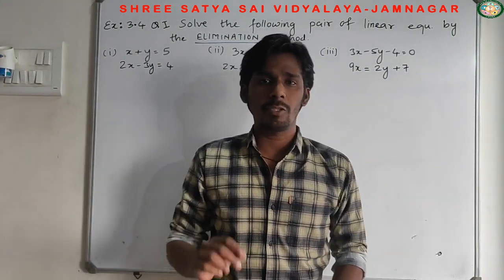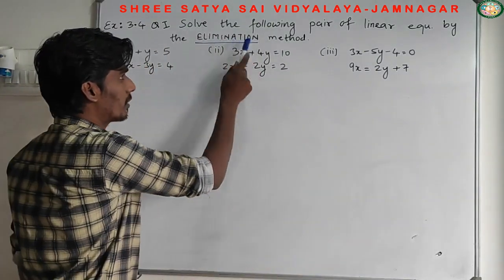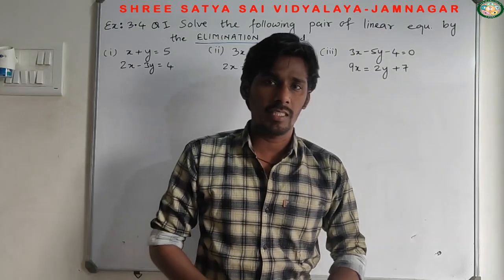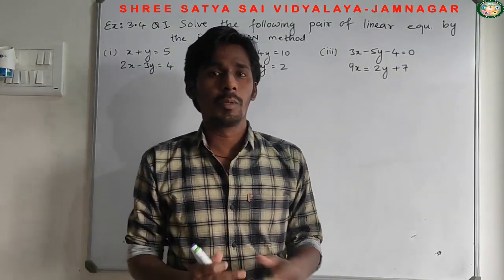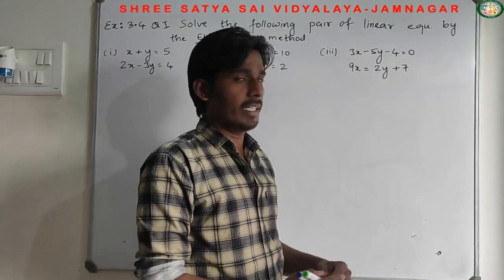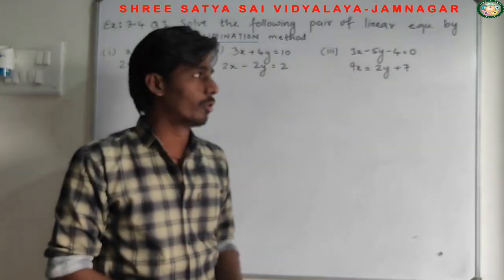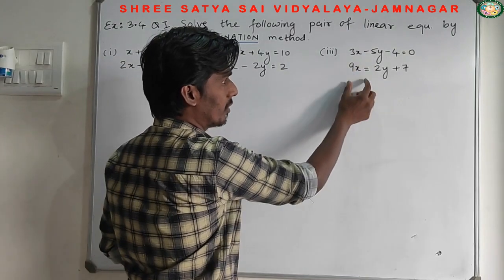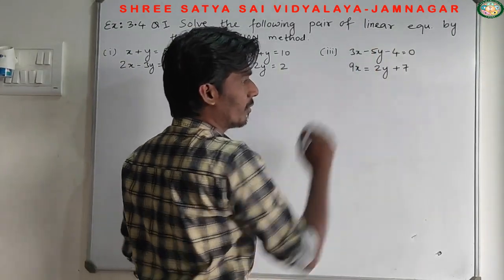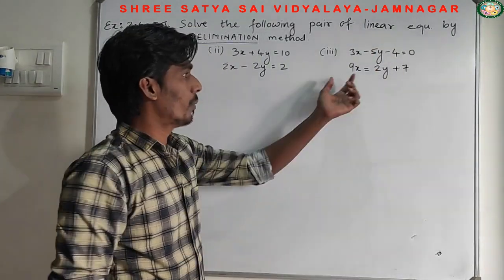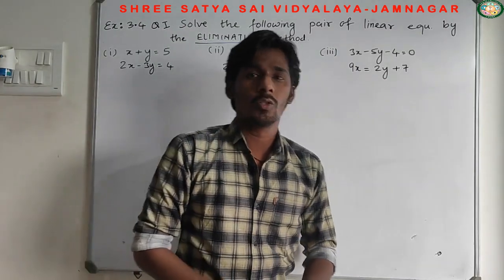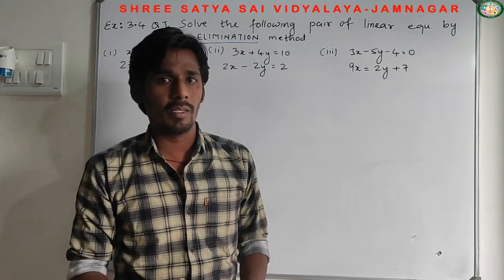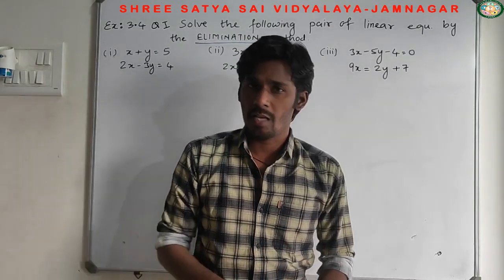After completing the substitution method, today we are going to start with the elimination method. The word elimination itself says eliminate, which means to remove, nikal dena. So in this method, for any pair of linear equations, I have to remove either the term with x or the term with variable y. दो में से एक को हमें एलिमिनेट कर देना है, so that we'll get the value of one variable, and from that one variable it is possible to find the other variable.